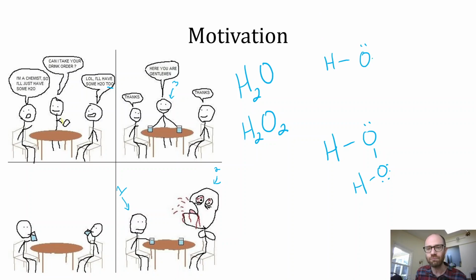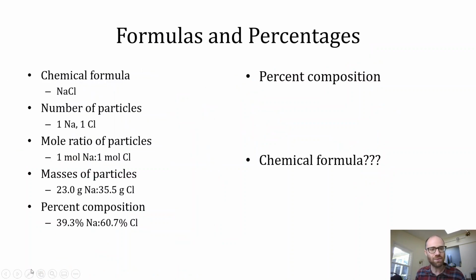But really, relating it back to what we're talking about, there's some really large differences between water and hydrogen peroxide in terms of their ratio of elements, their percent composition by mass. And so I thought this would actually connect to what we've been talking about,